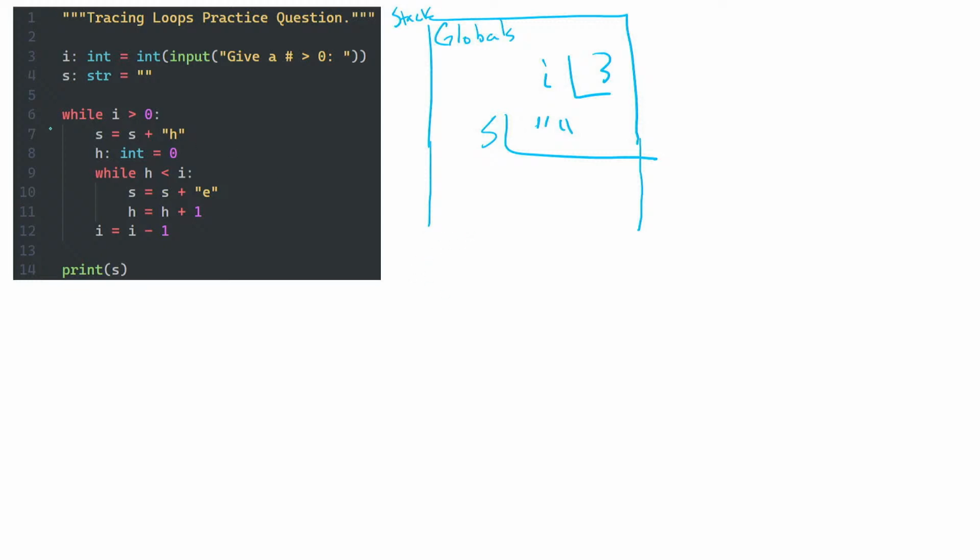All right, so we get to this while loop on line 6, and we're asking, is i greater than 0? So this expression gets substituted, we look up the current value of i, that's 3, 3 greater than 0, that's true, so we jump in. And we see a line that we're going to evaluate a number of times, which is this concatenation. We're taking the current value of s, which is the empty string, and concatenating H to it. So now s is going to be, I'm just going to write it in here, and I'm going to start crossing this out and keeping track of all the different values. So it's no longer the empty string, now it's H.